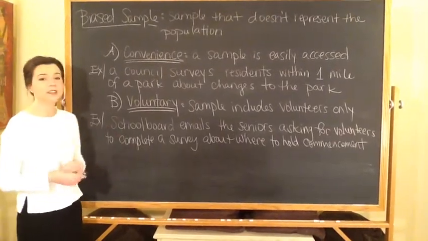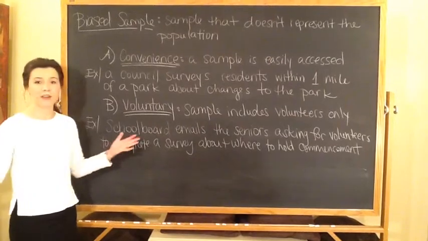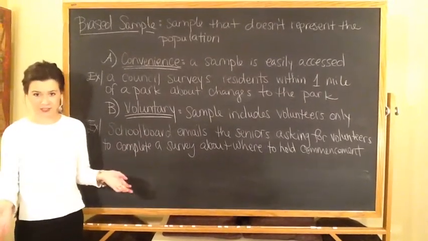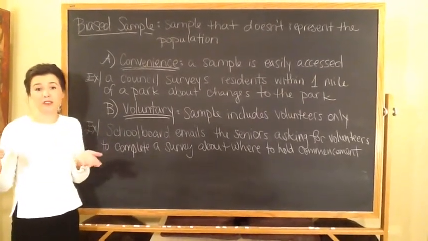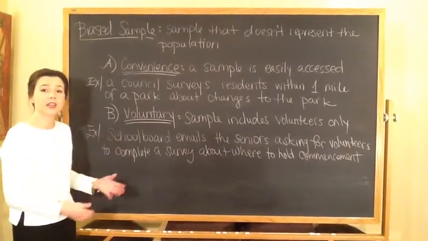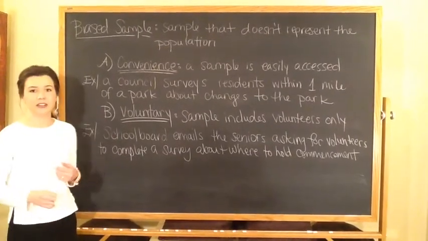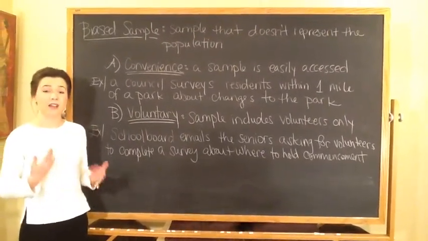So basically voluntary isn't very accurate, because how about if a whole group of friends went ahead and volunteered, and most of the people were just friends? Then they could have the same opinions on things and all vote to push something through. So sometimes voluntary isn't the most accurate means of sampling.